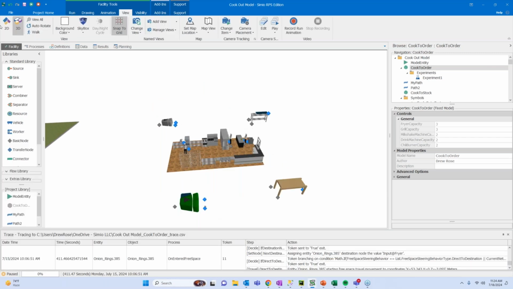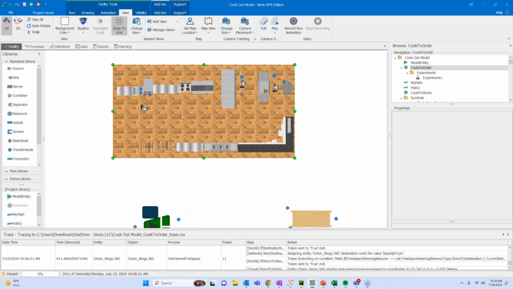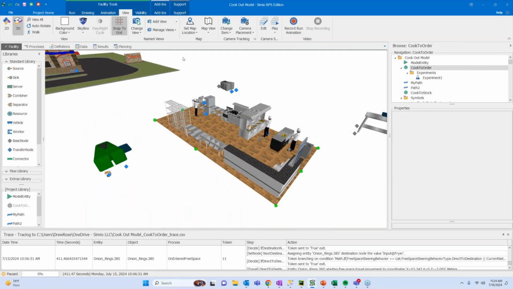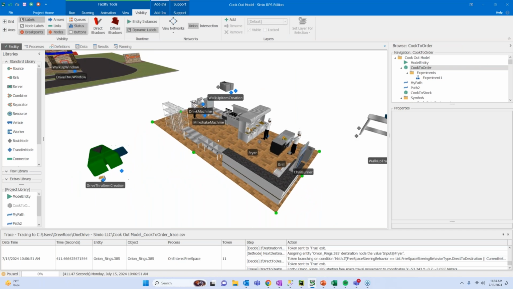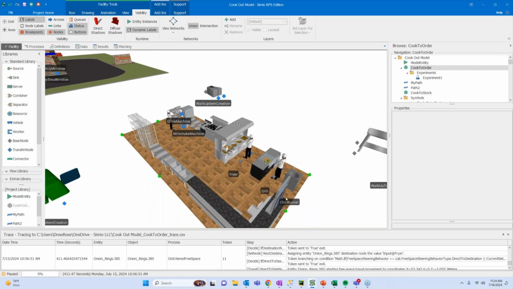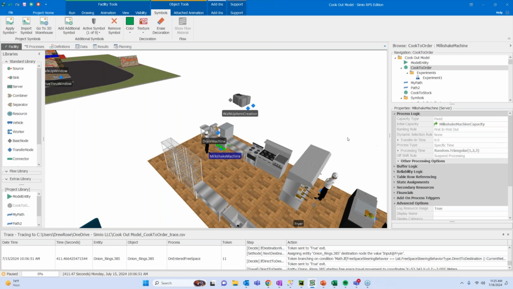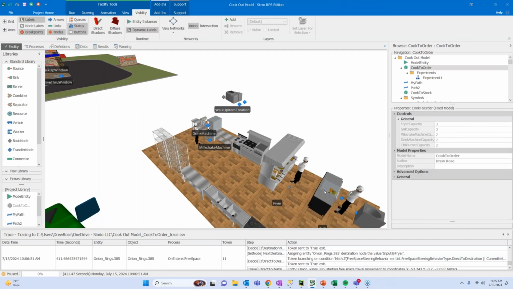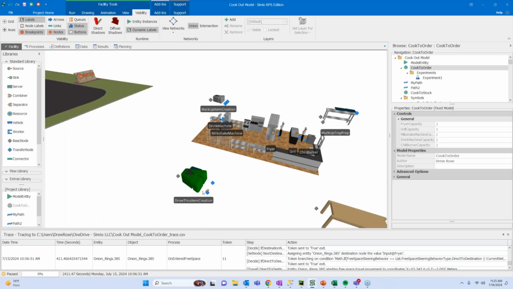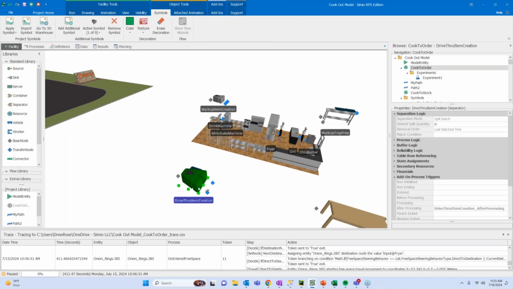So in this area, we've designated the different stations in order to how we're going to process these given meals. So I have in my kitchen my fryer, my grill, my burner in the event that I have chili, a milkshake, and my drink machine. So my different, in this case, these are servers, but this is helping to create my given orders and fulfilling. When I have an order for a given item that's calling for the grill, they'll go to the grill, they will be cooked and be sent back to our station. So when they go and we produce our items, those ultimately get sent back to the kitchen.